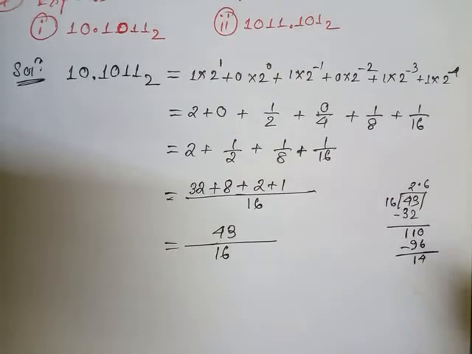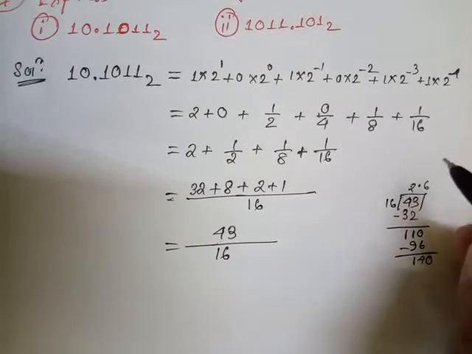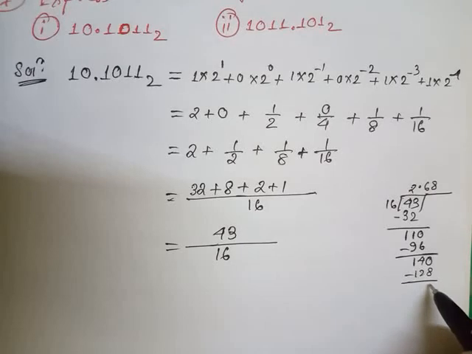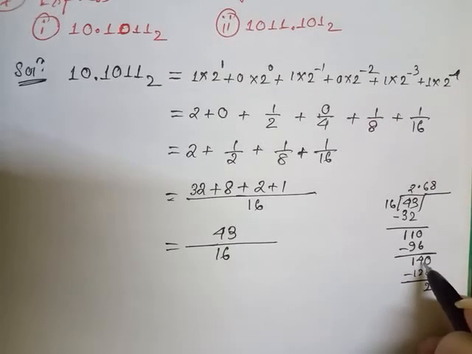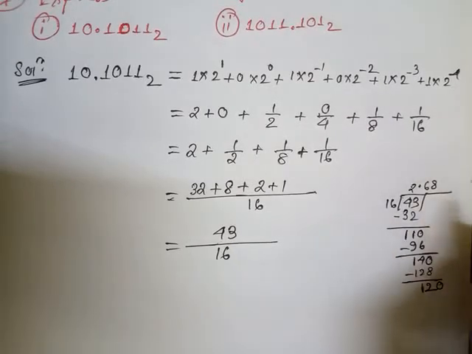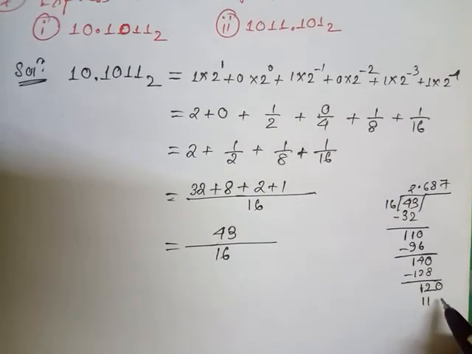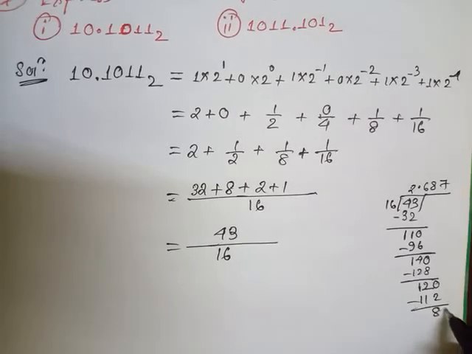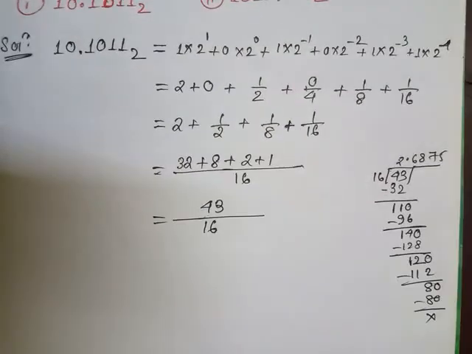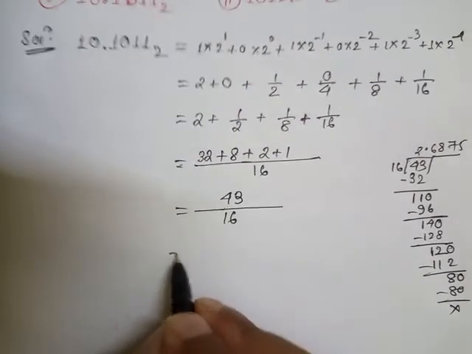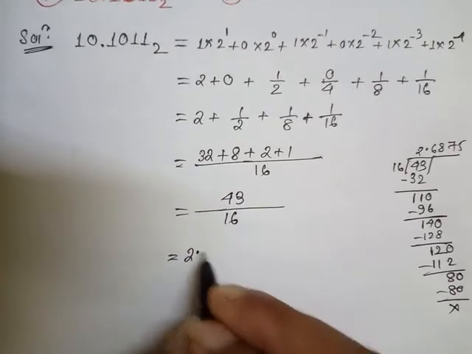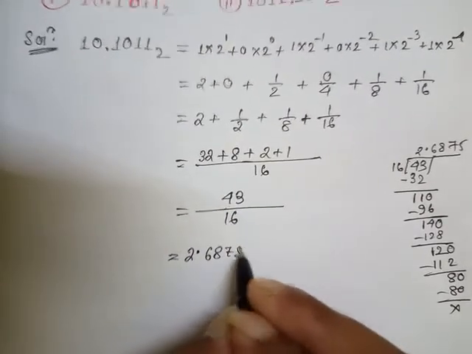Now there is 14, decimal point 0, so 16 into 8 is 128. Then 3 minus 2 1, decimal point 0, 120. Then 16 into 7 is 112, then 8, decimal point 0, then 5 is 80. So here students, 43 divided by 16 is 2.6875. This is the answer.